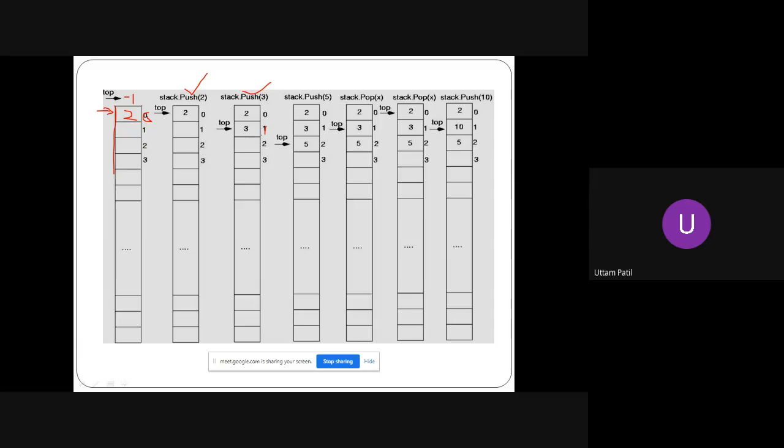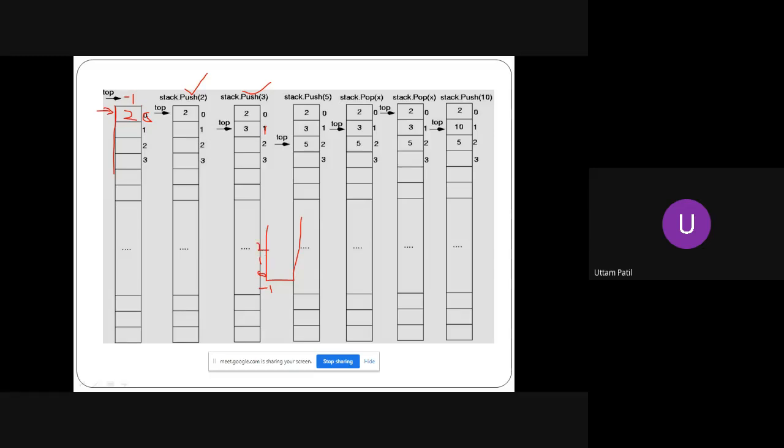You can visualize this upside down because it is an array, and I just took this particular figure as a memory representation in the array. But to visualize the stack, you can see it upside down, wherein top was initially -1. Now I have moved to the 0th index, first index, second index, and so on.